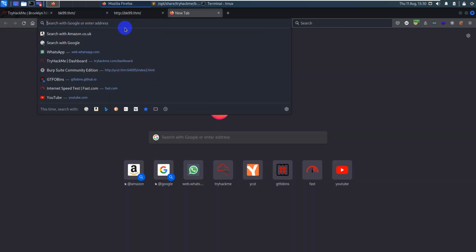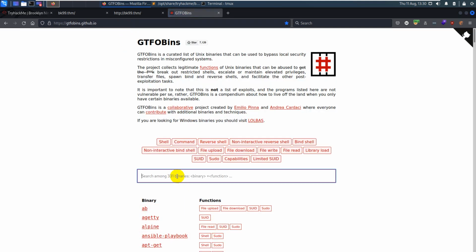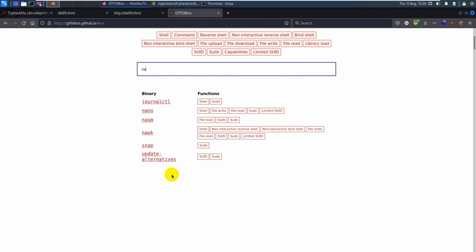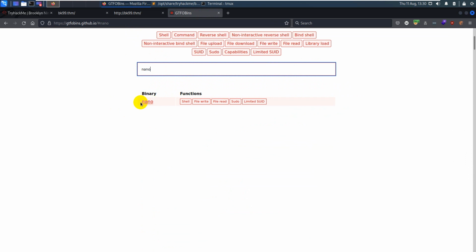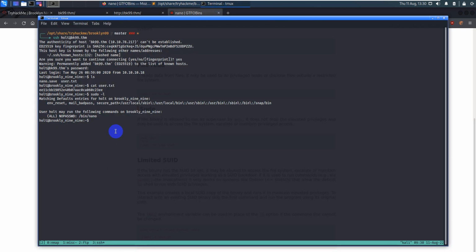GTFOBins, and then it's a nano command. So the command that we are going to look out for is nano. So nano, and then from the nano we are doing a sudo. We are trying to use sudo to get the root. So this is what we have. So what they are trying to tell us is that we can run sudo nano. So we get back here, so sudo nano,